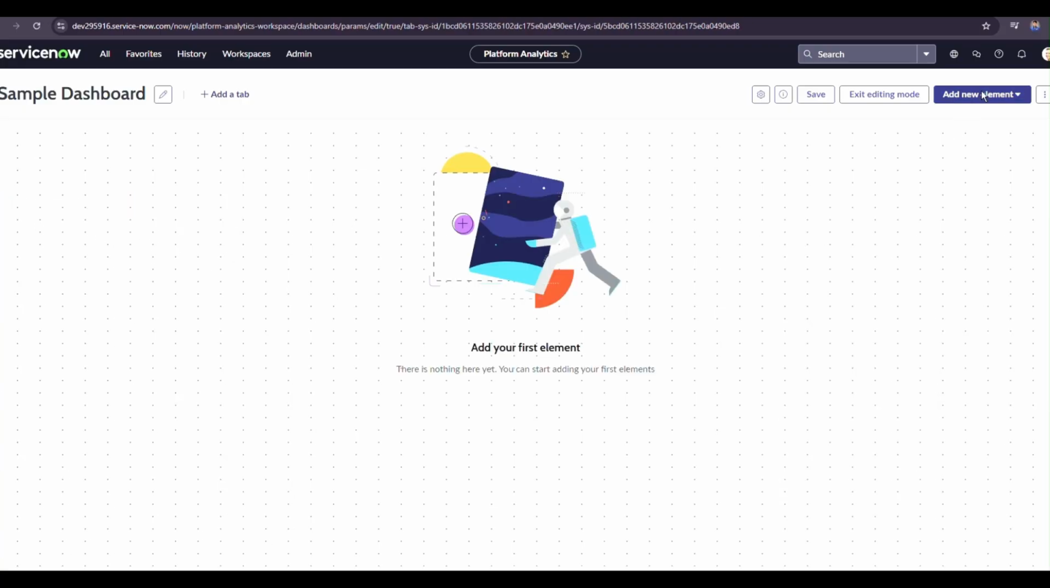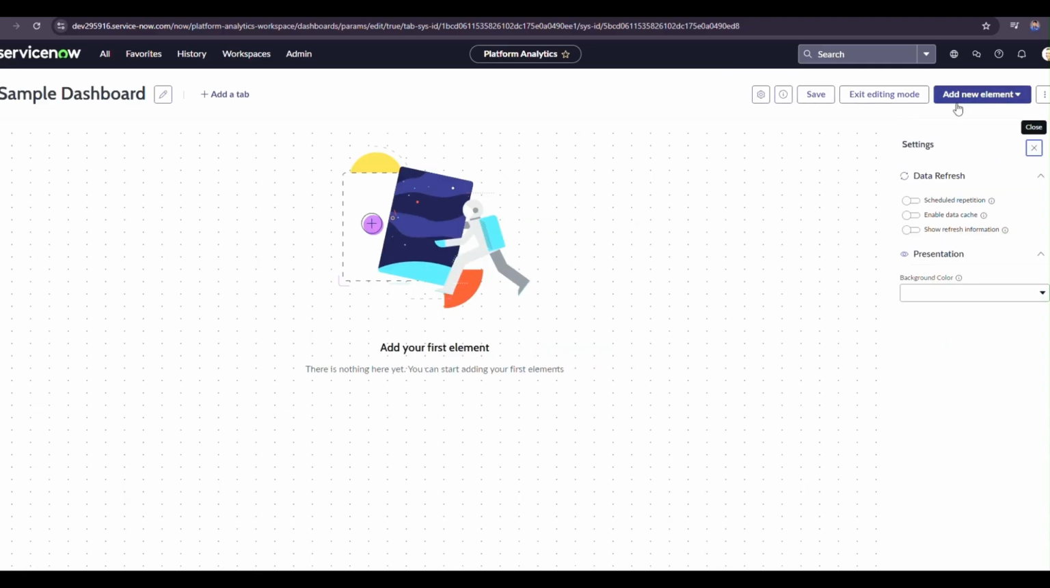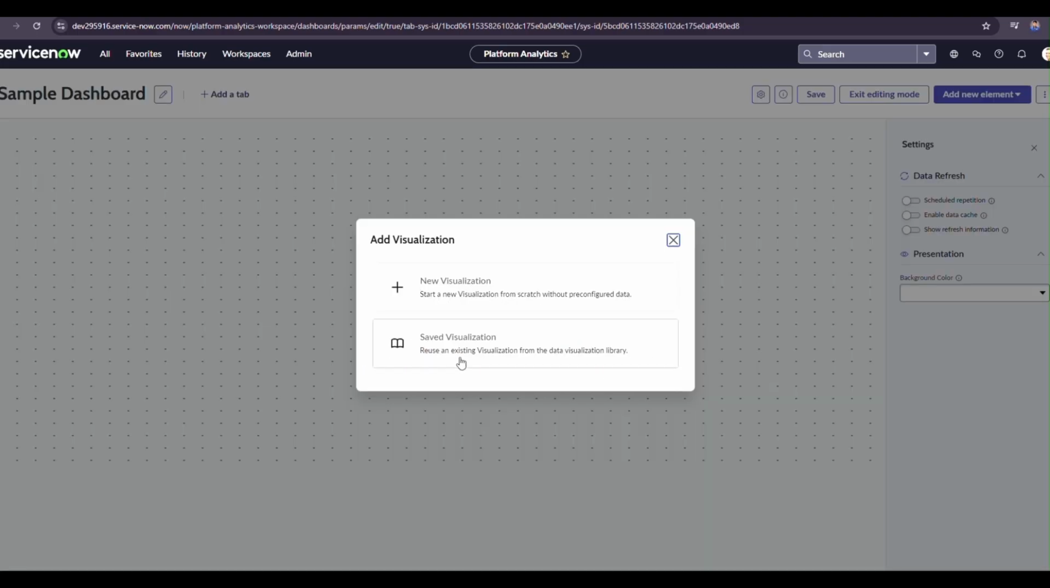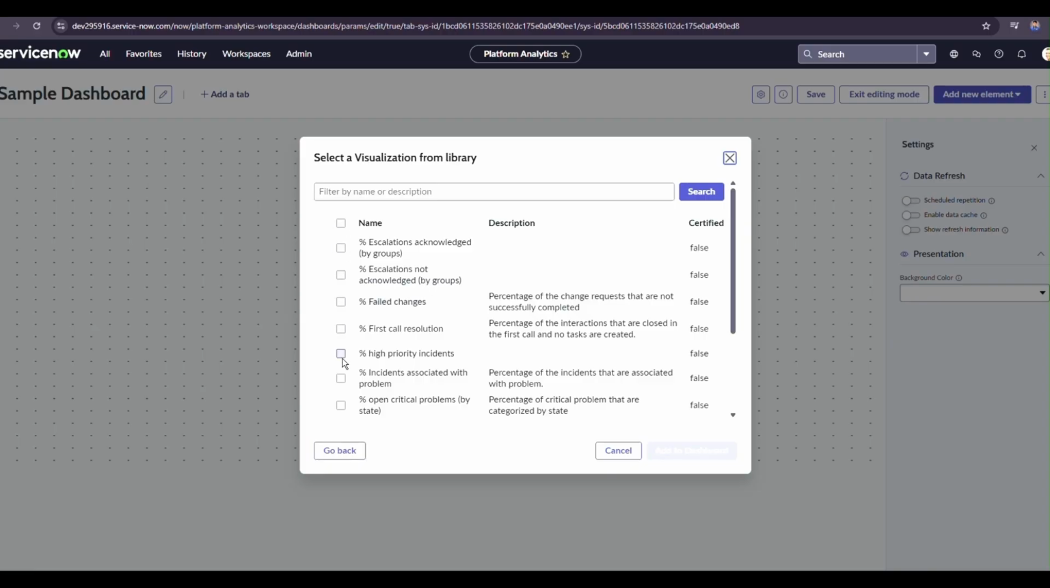After that, you'll try to add a new element. You can add a new element in the dashboard settings. So we'll try to add a widget. So, new visualization or saved visualization. You can reuse an existing visualization from the data visualization library, or you can start a new visualization from scratch. So we'll try to click the saved one, and then we have to try to add something like this,